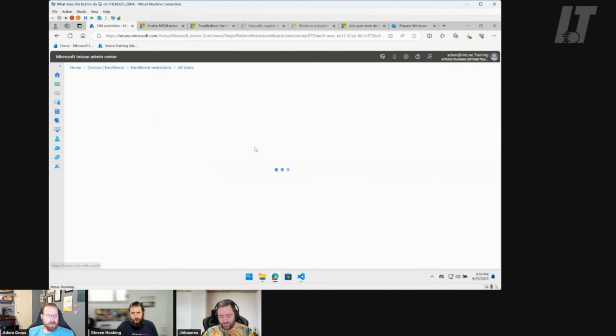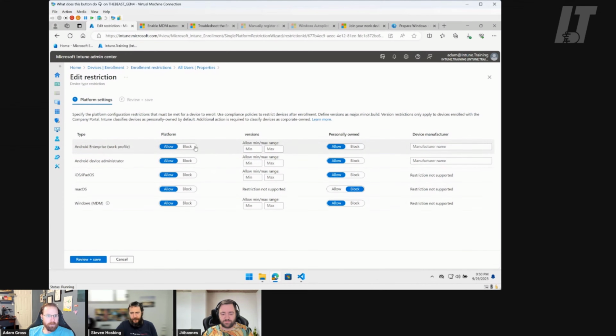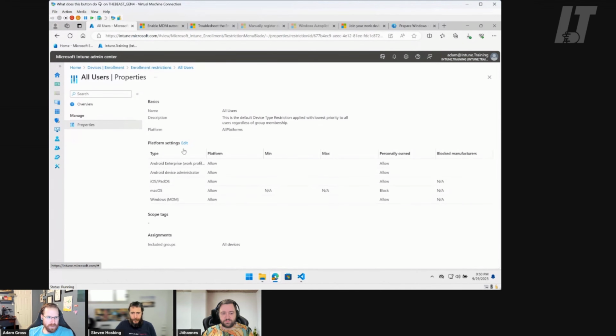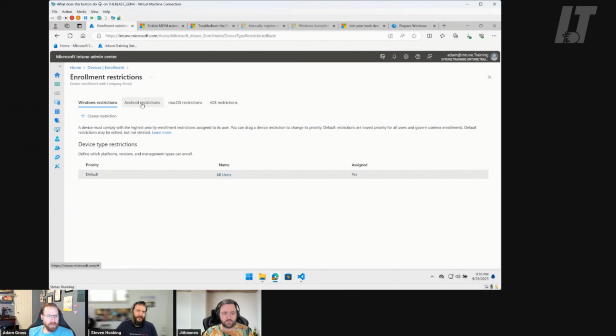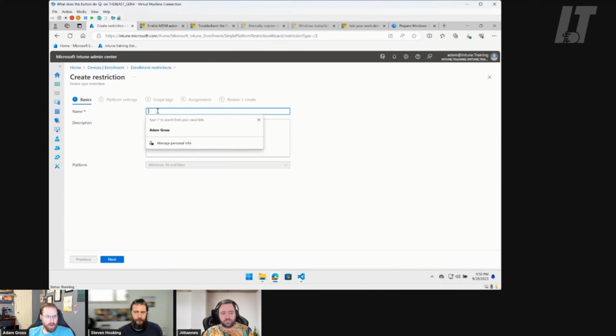So for the purpose of just while we're here, let's talk about it. What you would do here is you can explicitly block the Windows platform. And actually, sorry, let me back up one step. Originally, this is how this was all set up, and it was all combined. They eventually set this up so that you've got a profile for each. And see, this is so weird. It changed. No, so what you need to do is go to restrictions and then create restriction. Right. Sorry, that's what I was trying to say. So when you click across, it makes it look like you've got a different policy for each one. You don't. It's all in one default policy where they're all combined. But if you create a new one,